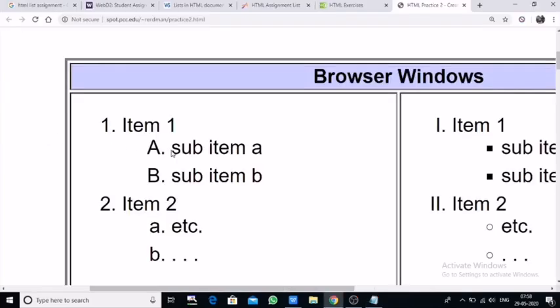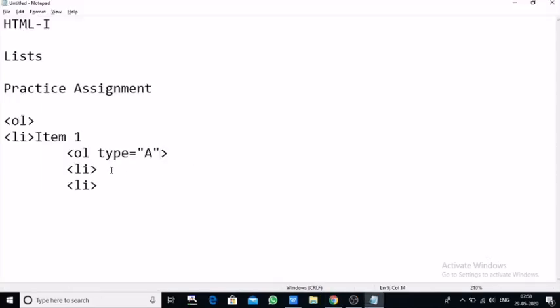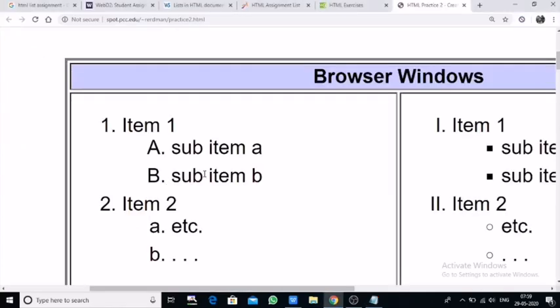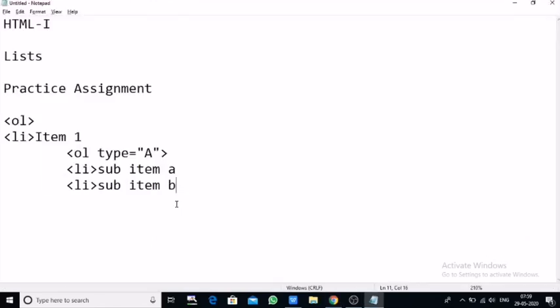Now what is written over here in a sub item A? So we will write sub item A, okay, A in small letters, and then write sub item B, right? So write sub item B here. Done. Then after this B, in continuation, it is now coming to where item 2 is written.